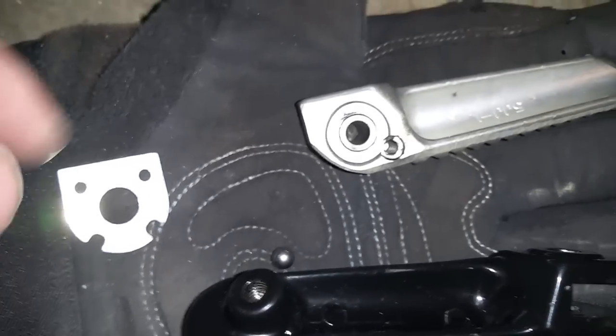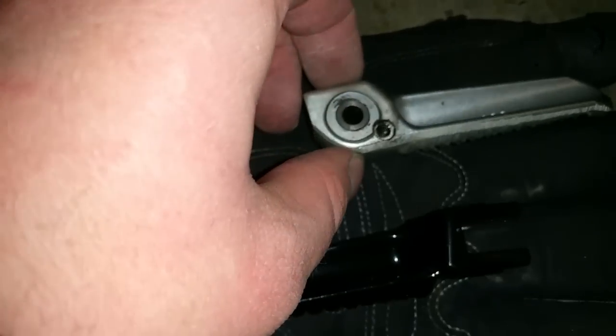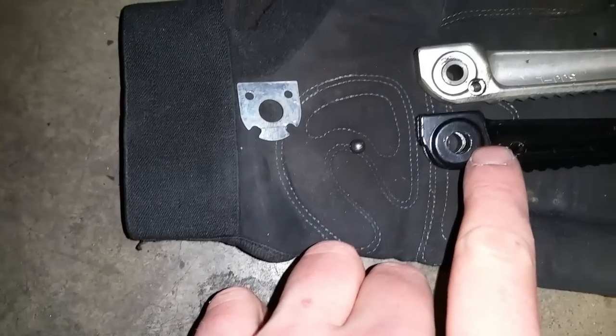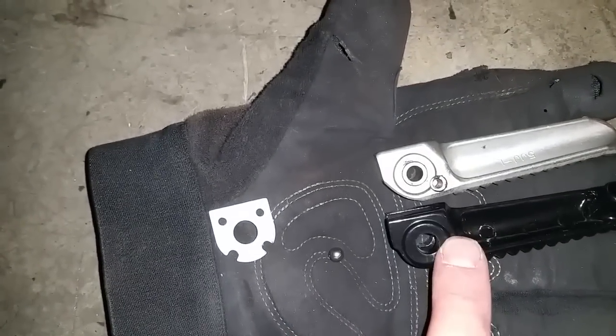And then before you do that, this is a rear peg, but this is what I was saying about the spring. The factory rear pegs have a little spring already in there, but it doesn't come out as easily. The aftermarket pegs you buy will most likely have just a hole, it's in the same place. That's what these ones have, where you just drop a little spring that it comes with into that hole,